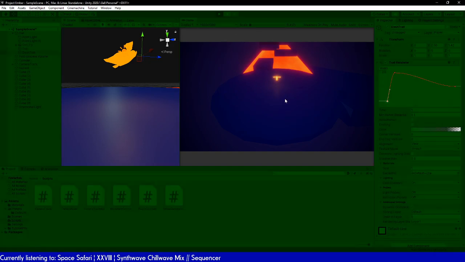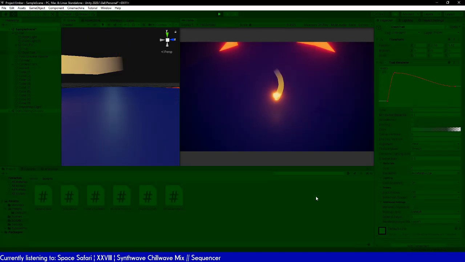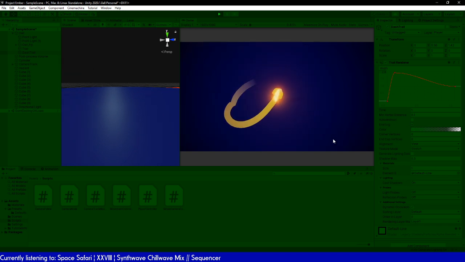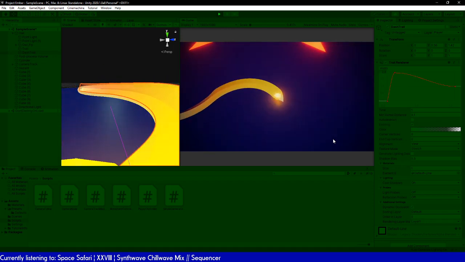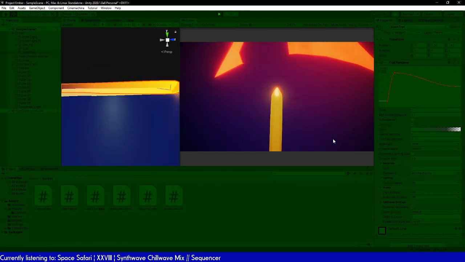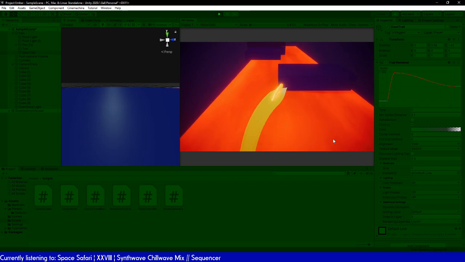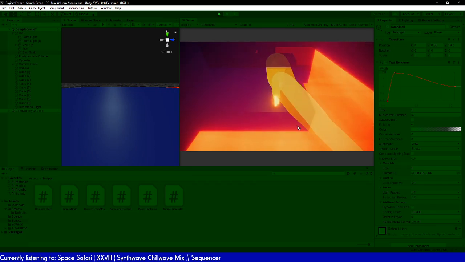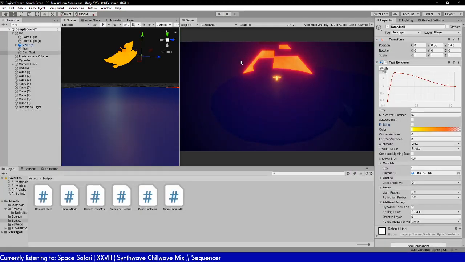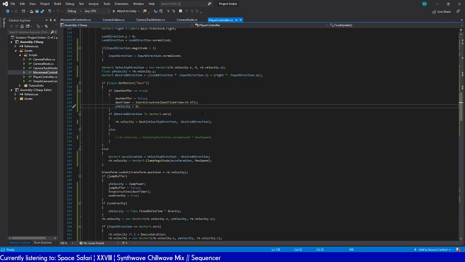Probably about that amount of pointy. Emitting. Yeah. Just so it can be something that shows you when you're dashing and when you're not. So now that we have that,